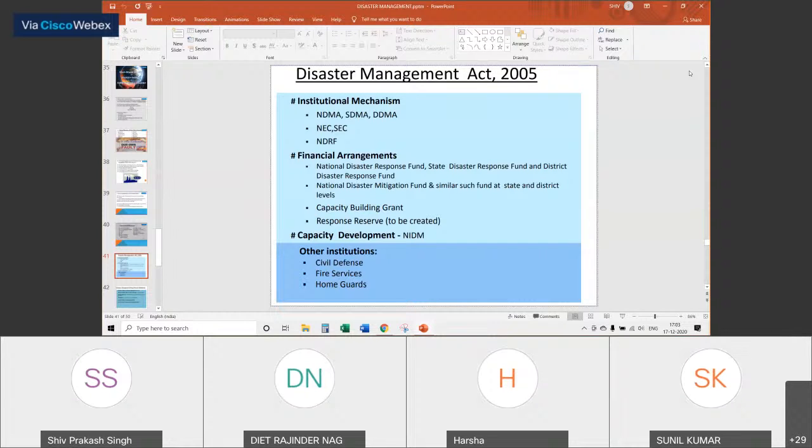इसके लिए फाइनेंशियल अरेंजमेंट बहुत जरूरी था। एक निडम की स्थापना की गई, नेशनल इंस्टीट्यूट ऑफ डिजास्टर मैनेजमेंट, जो ट्रेनिंग का काम करता है। एक ऐसी संस्था जो भारत में होने वाली आपदाओं पर रिसर्च करता है, उन इलाकों को तय करता है कहाँ पे कौन और कब और कौन सी आपदा आ सकती है, उसके अनुसार उसकी तैयारी करता है। इतना ही नहीं, सैटेलाइट छोड़े गए जिससे मौसम का पता चल सके, चक्रवात के बारे में पता चल सके। अन्य एजेंसियों को भी जोड़ा गया, सिविल डिफेंस को, फायर सर्विस को, होमगार्ड्स को।